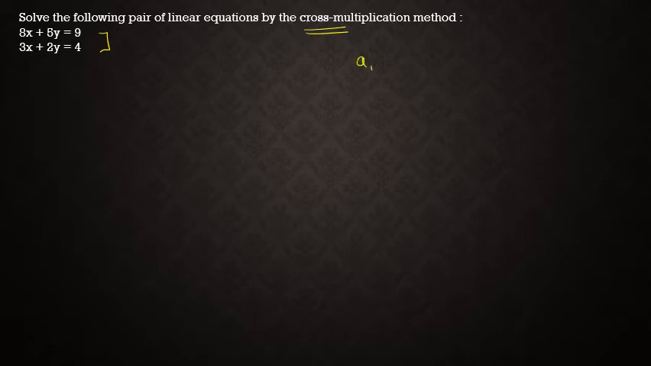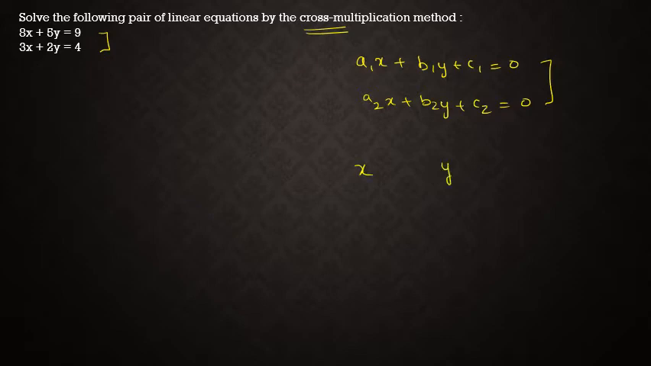See, let's say you have a1x + b1y + c1 = 0. This is one equation. a2x + b2y + c2 = 0. This is another equation. So in order to solve for x and y for this set, just write simply like this: x, minus y, and 1. And down in the denominator, what you need to write is